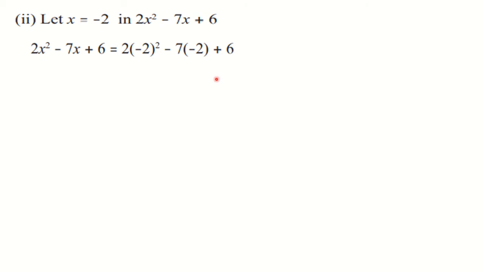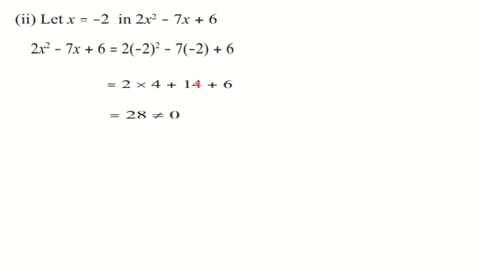So what will we get here? 2 into 4 plus 4. Take note that a square is never negative. Sometimes in a hurry you consider it negative, but it is never negative. So 2 into plus 4, you are going to get 8 here. And this minus into this minus again you will get plus here, because while multiplying, negative into negative becomes positive. Okay, so next step we are writing here. See, minus 2 square is 4, and minus 7 into minus 2 is plus 14, plus 6. So now all are positive, so we can add them and we will get the answer as 28.